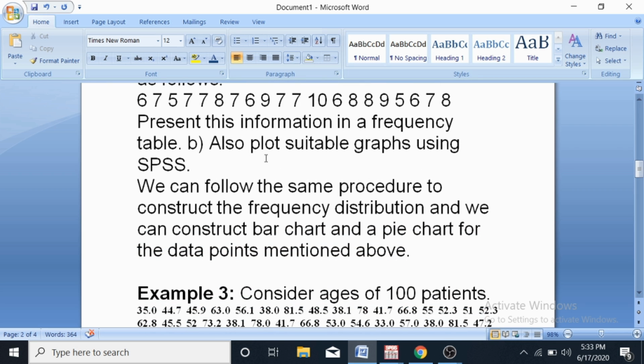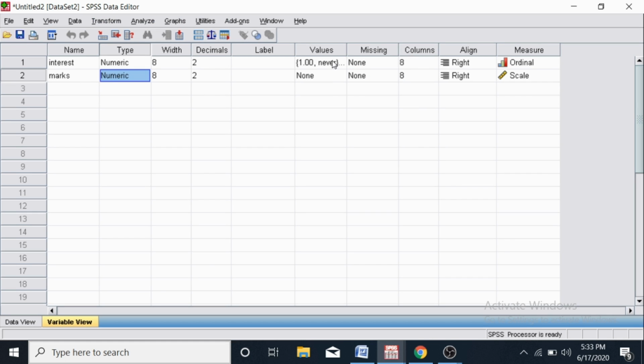For the given information, we need to construct a frequency table and plot a suitable graph using SPSS. I don't need to create the values here because the data is not ordinal data, it is quantitative discrete data. You always select scale because we measure it on a scale ratio.